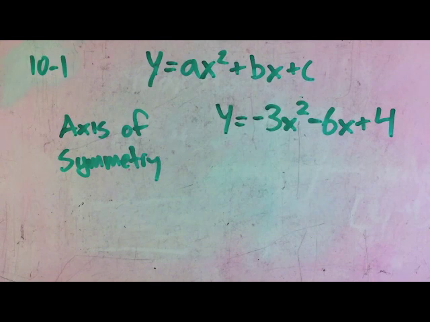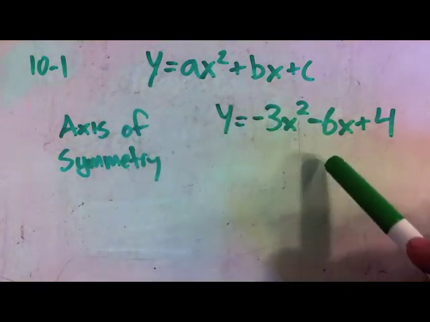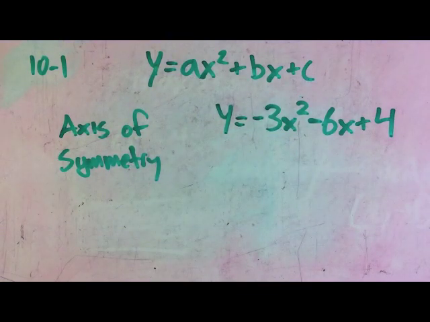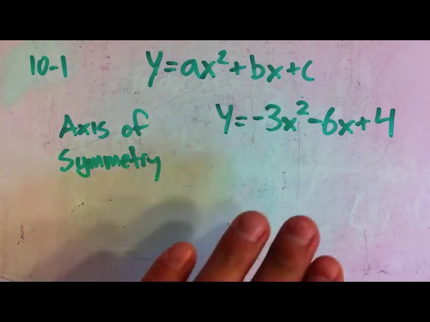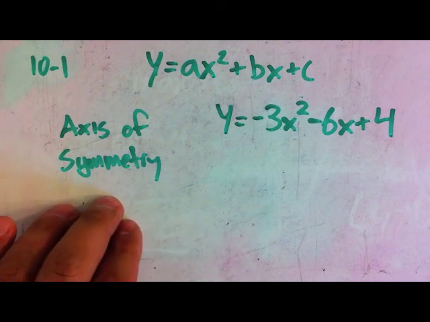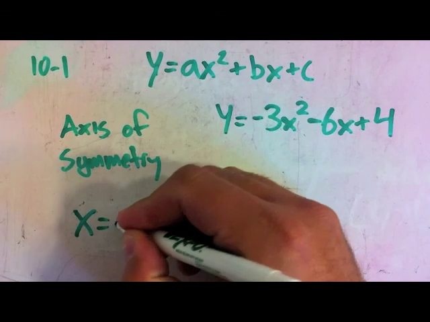We can easily graph this by creating a chart, plugging in our x's, and then finding our y's. However, that's going to take a long time, and to graph it, it's going to take even longer. If you ever get confused, graphing it will always make it easy to find your axis of symmetry. However, it's a little bit of a time waster. Instead, to find the axis of symmetry, we're going to use the formula, which is x equals negative